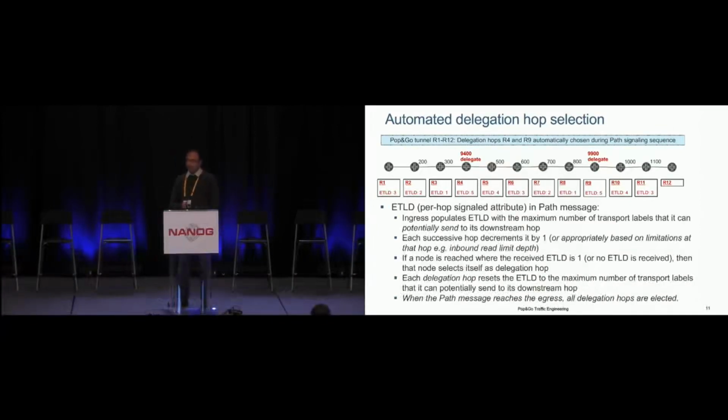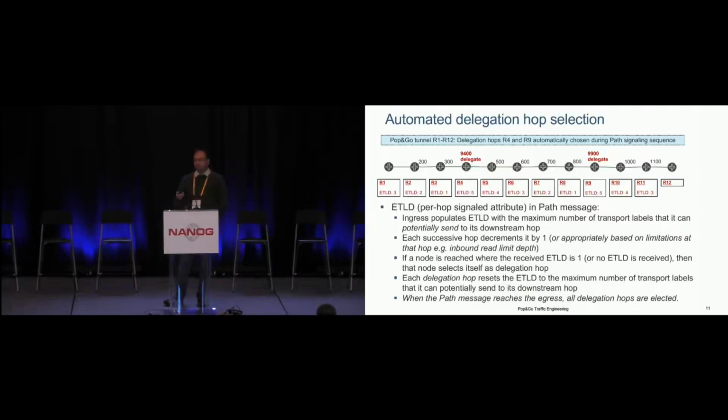So I'm going to send this across. And then the ETLD field becomes 0 at R9. R9 says, okay, I'll elect myself to be another delegation hub, and I can push up to 5 labels going outbound. And the packet gets to the egress. All right, so in this case,